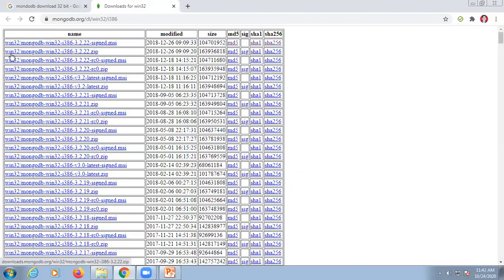If you find the name given like Win32, meaning Windows 32 MongoDB, Win32 underscore i386, it means it is a 32-bit version. So either you can download the MSI version or you can download a zip file. Here I am clicking on the zip file.